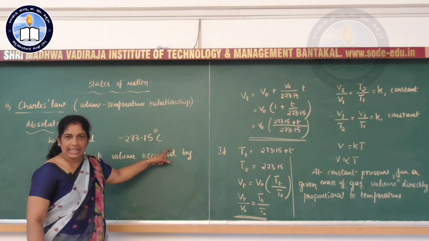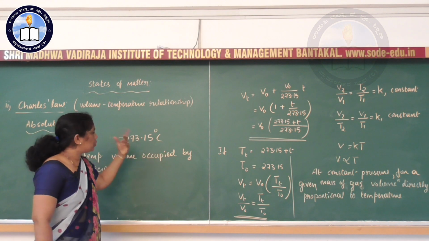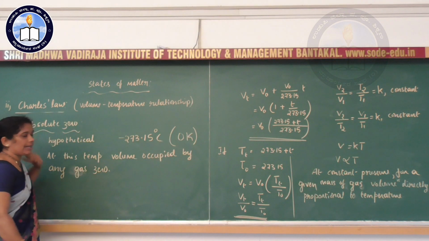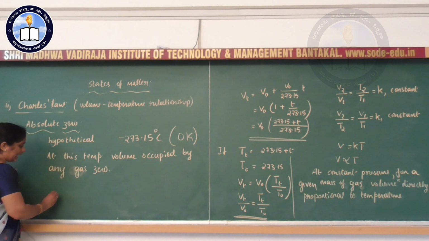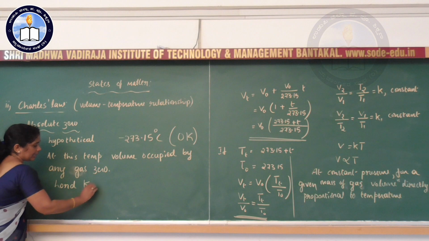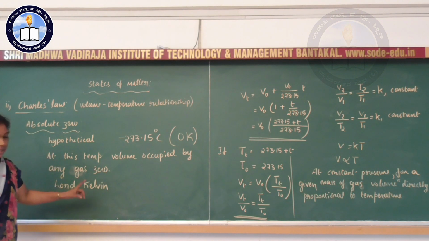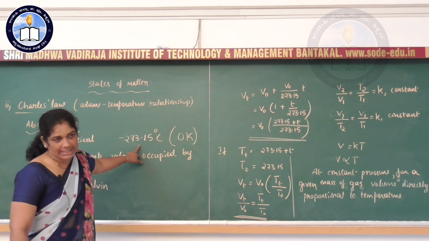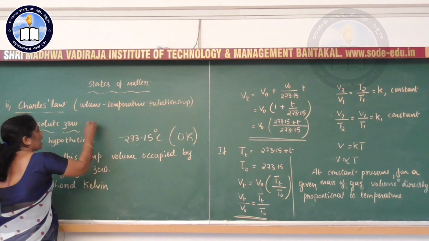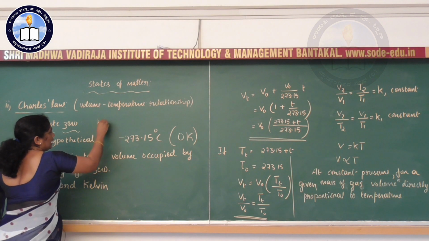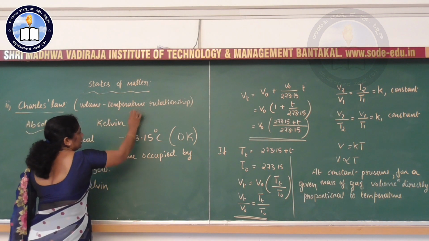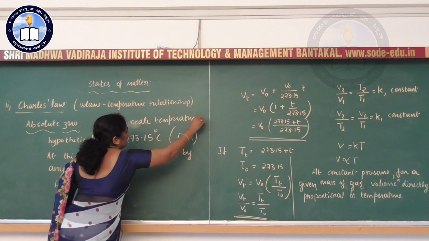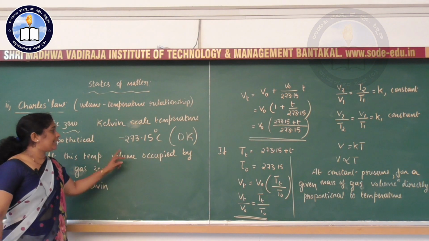What about its value in Kelvin scale? We have to add 273.15, so we get 0 Kelvin. So 0 Kelvin is also called absolute zero. This scale was given by the scientist Lord Kelvin, where the lowest temperature is minus 273.15 degrees Celsius. Hence it is also called the absolute zero scale or Kelvin scale temperature. So in the Kelvin scale, the lowest temperature is minus